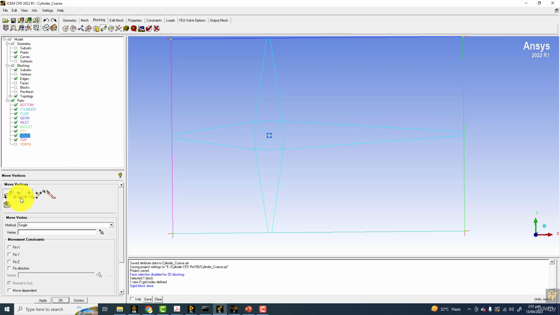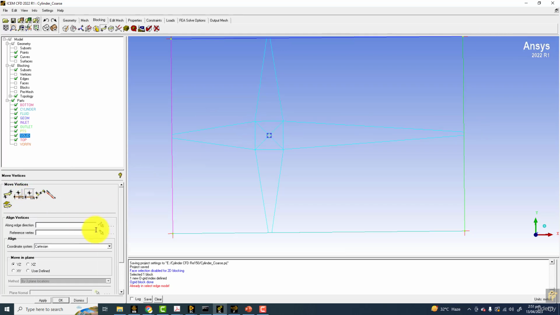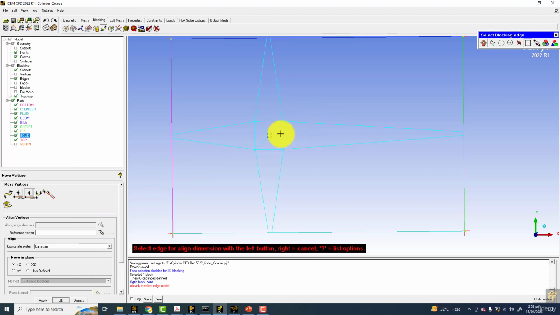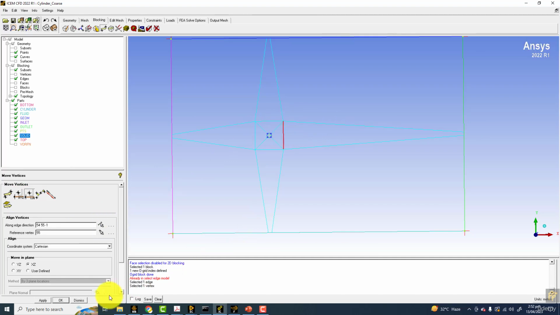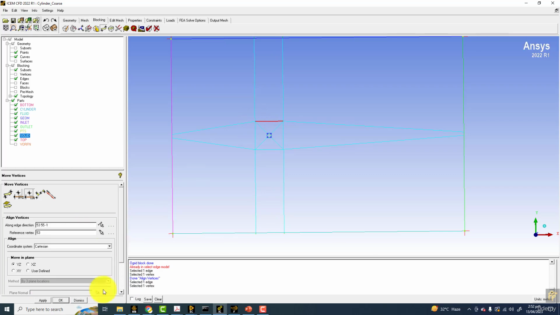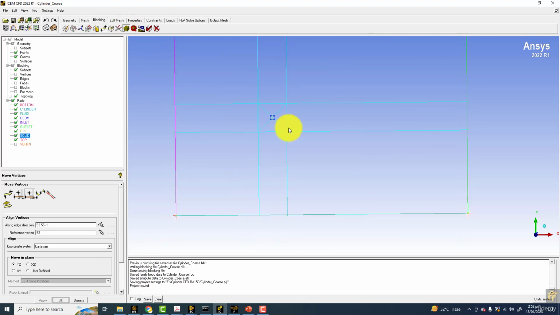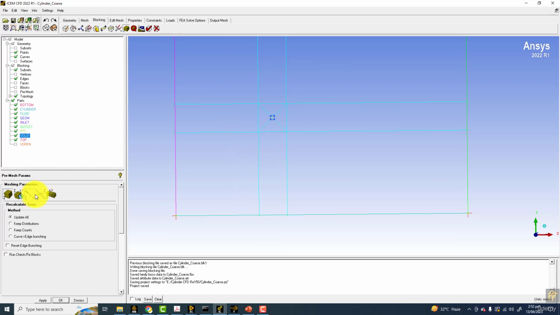So I will choose the third option. I will choose the edge and then the one vertex and apply. Similarly, this horizontal edge and this vertex and apply. So this will align the remaining vertices based on this edge. So you can again save the project, and inside the circular cylinder I am going to provide the very fine